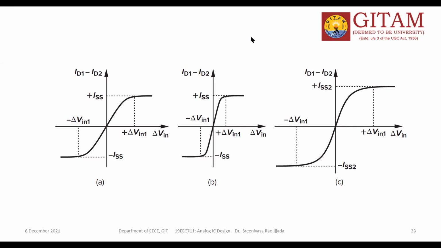So in case 1, you find the response to V in 1. In case 2, you find the response to V in 2. Now I want the response due to both sources, V in 1 and V in 2. So whatever responses you got in the two cases, you can add now. Then again take the ratio of Vx minus Vy by V in 1, V in 2. That is the final one.